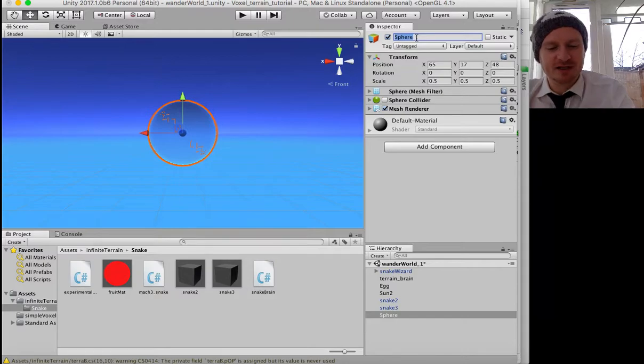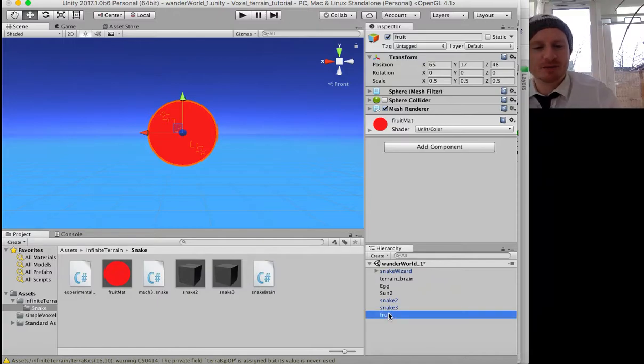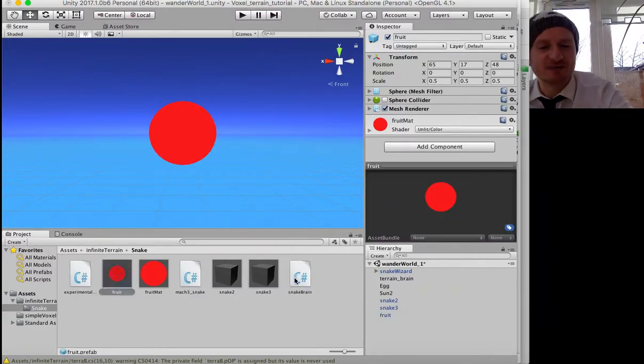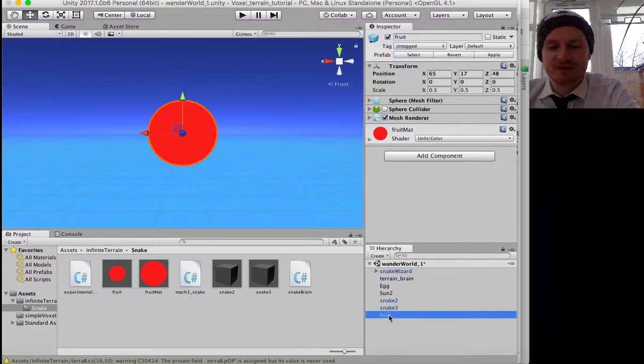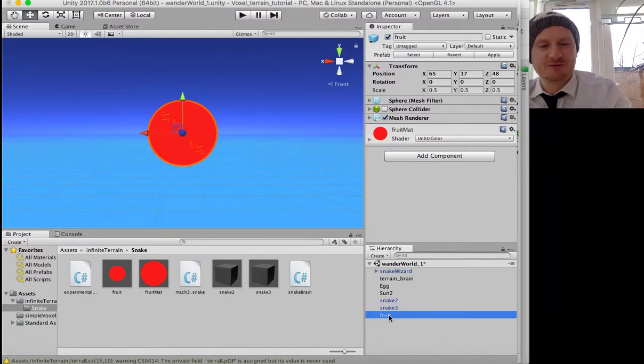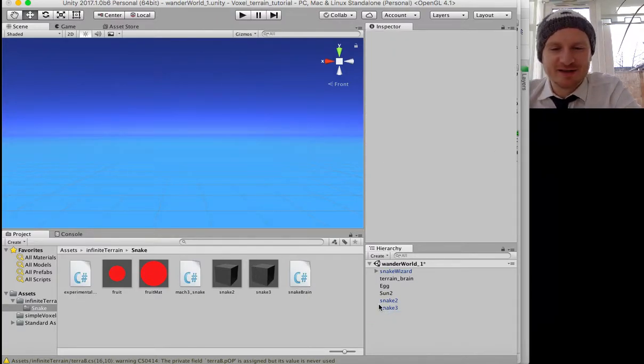That needs to be a fruit, and we can apply the red material to it. Brilliant. So we've got a fruit. We can now make that a prefab by dragging it into our assets folder, and we can delete the original fruit, as it were, and then